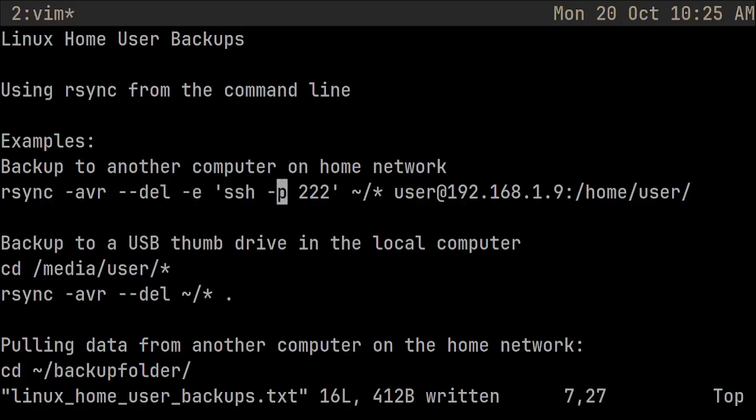So -e, then single quote ssh -p, and the port on the other end on this remote PC is 222, which is non-standard. That's something I just made up. And then a closing single quote. Now I'm going to tell it this is the data I want you to